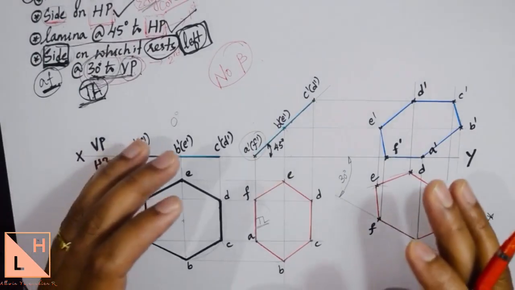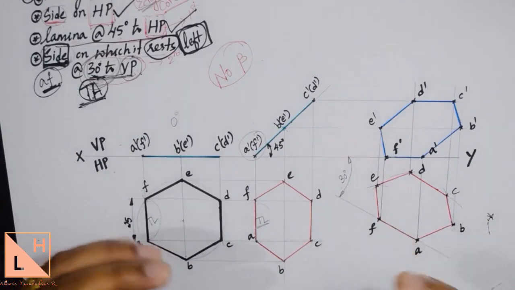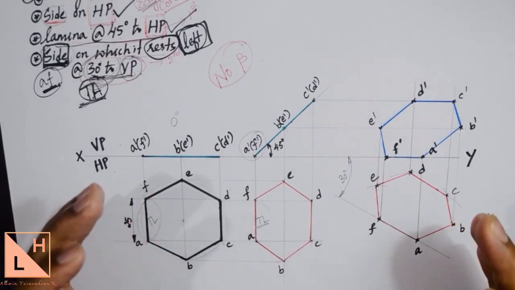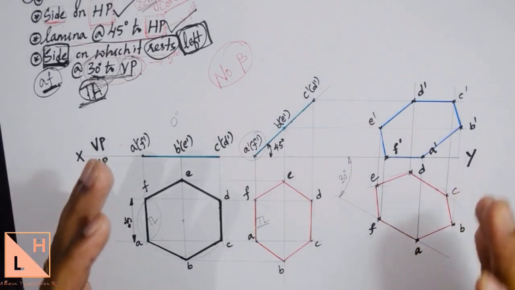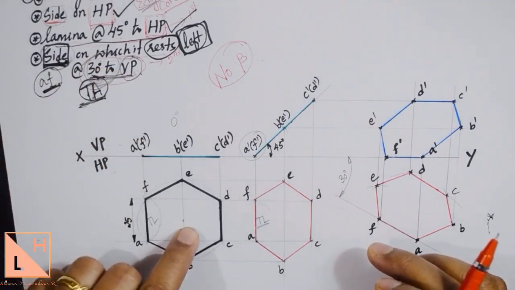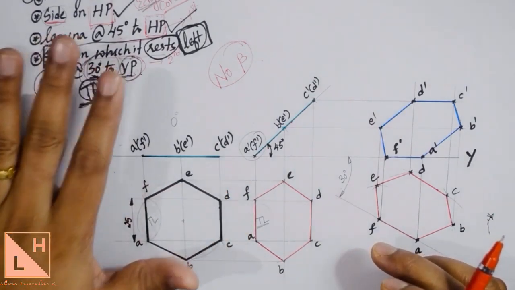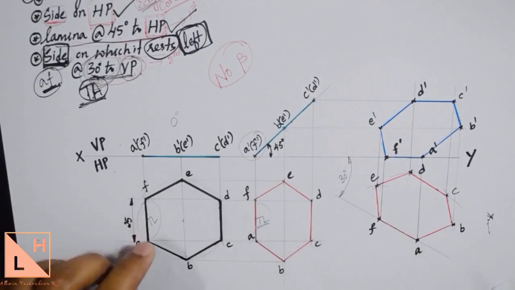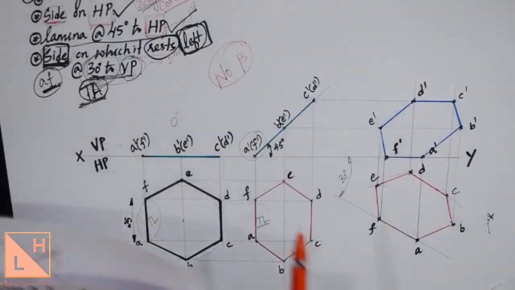All of you can refer the solution book and you will find that many of the problems will be of the same 3 types. I'll just look into the remaining different type of problems in the next video. As of now, I want all of you to take your solution book and have a look at the similar type of questions which you will find in pentagon, triangle and even in square. You will have the same type of question, same way of solving it. Only difference will be maybe the angle would be different, or the 3 types as I told you, these 3 types will be found in the different shapes, right?